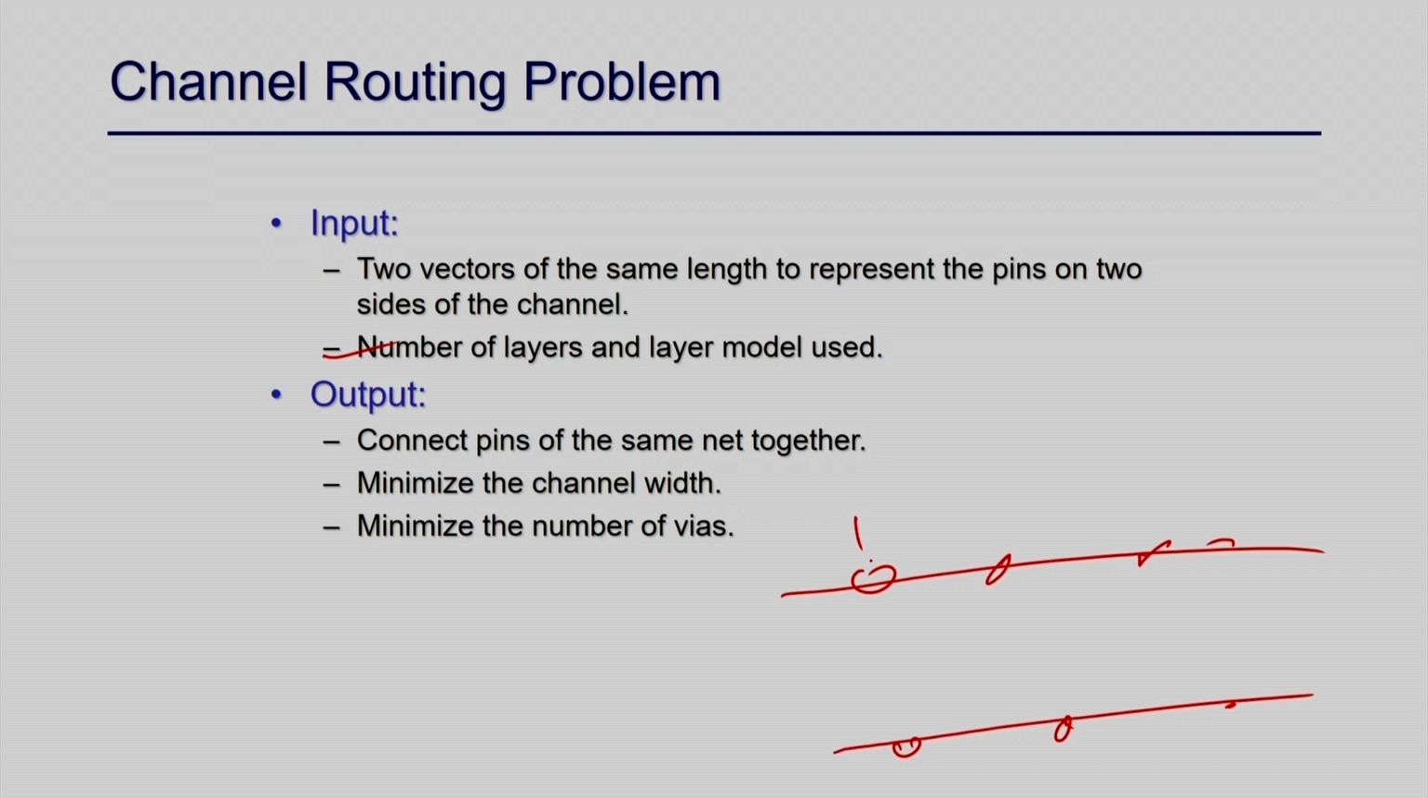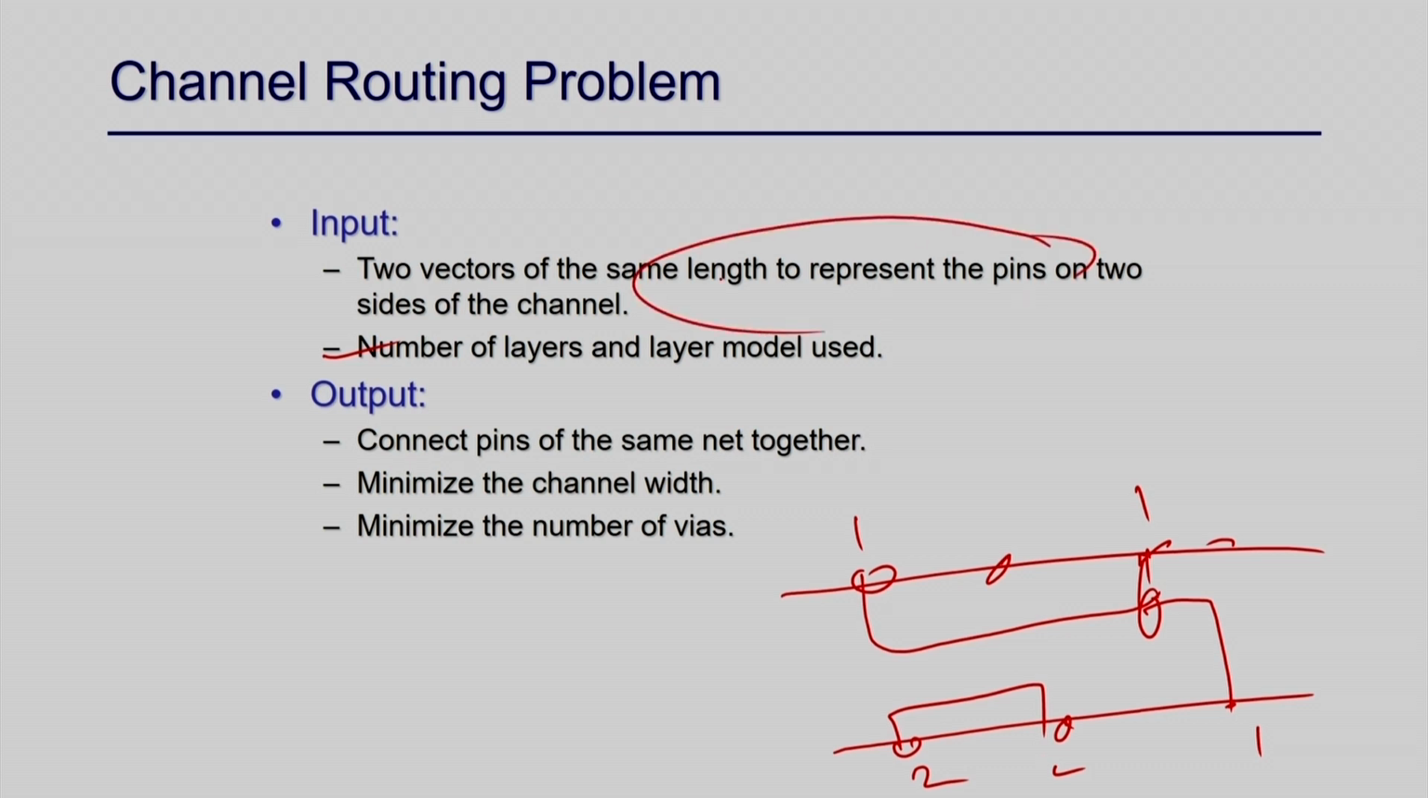So if this is one, this is one, and this is one, that means you have to make the connection like this, right. So whatever the pin number, that will actually have to connect those. So if this is 2, this is 2, that means I have to make a connection through this, right. So this is also given to you, and you have to make the connection pin together and minimize the total